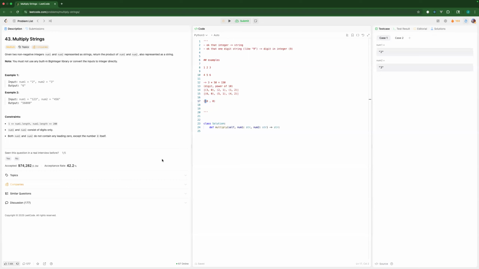Then finally I will join, or I mean concatenate, and return the number. So that's how it works. Okay, so firstly,